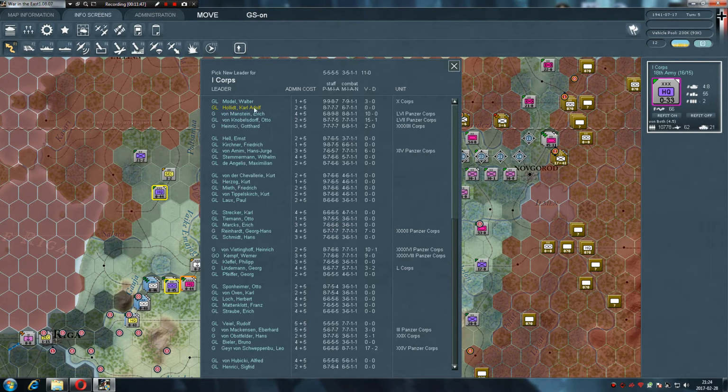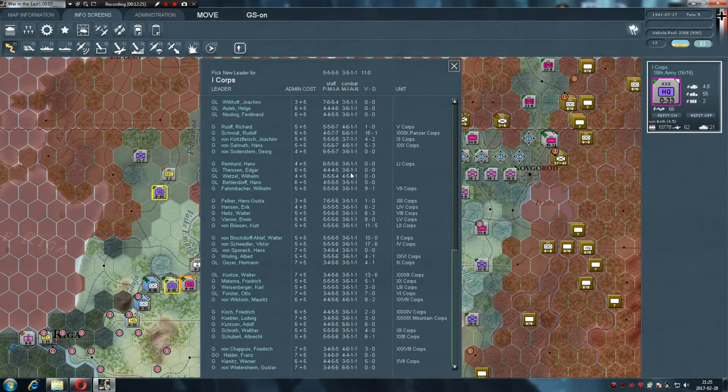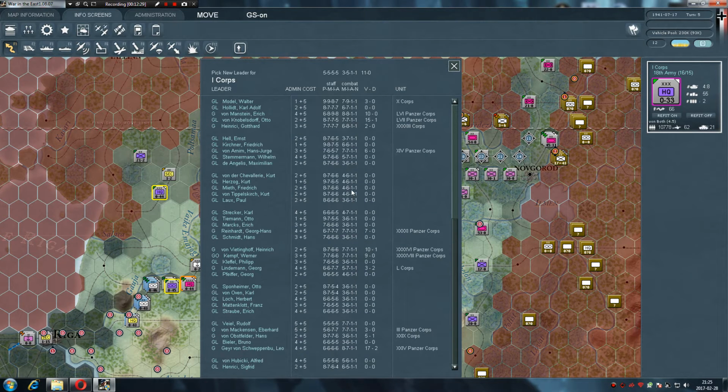This one looks nice. Karl Adolf Hollidt, 7 infantry, and 777 morale and so on. That's quite nice. Ernst Hell has also 7 infantry, but less stats there. Friedrich Kirchner has only 6 infantry, so no. I think I could sort it specifically, but it doesn't work now. Let's see. Bayer Rudolf has 7 infantry, but the rest is crap. Yeah, 6. You don't have any general that has 8, apart from Gotthard Heinrici and Erich von Manstein, one general with 9. So we will have to...